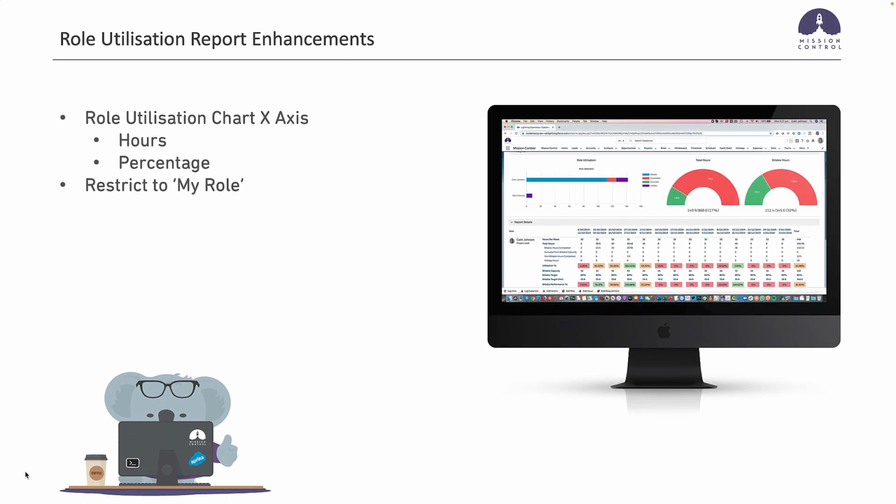On the role utilization report, we've added the ability to toggle the role utilization chart. So you can now choose what is driving the x-axis of that chart. It can either be the hours or the percentage. And we've also added a field onto the role record that allows you to restrict the visibility of the data within the role utilization to only that person's role record. We've had customers who want to show their individual team members the results of the role utilization, but they want to restrict it to only show their individual performance